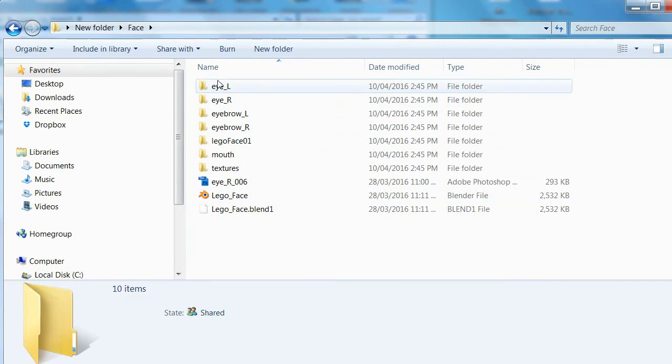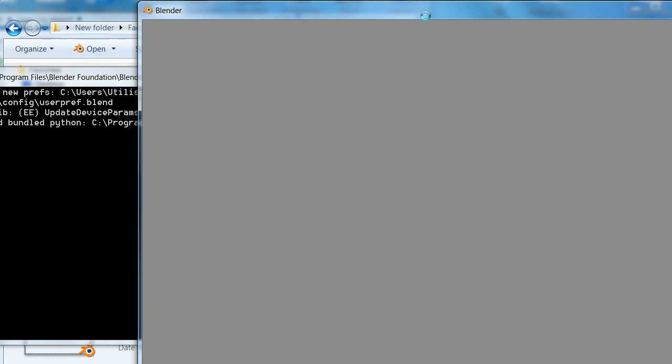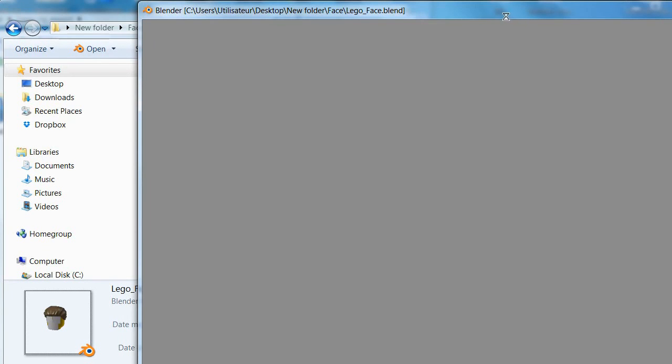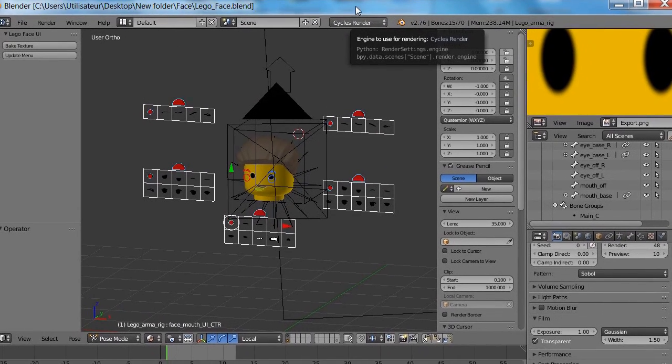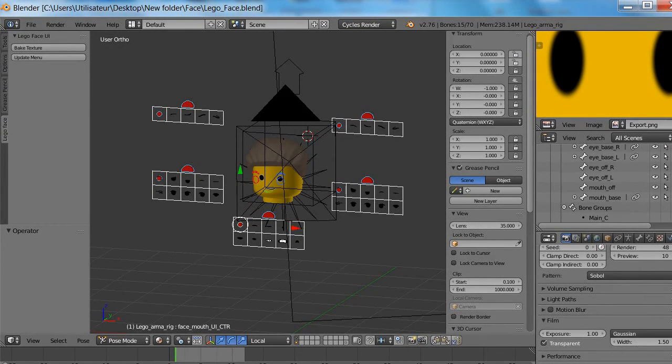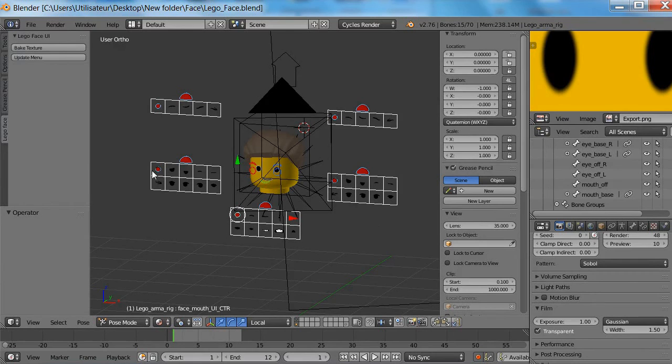In this you have all of these folders plus the Lego face, and it's very important to keep it that way for it to work properly. So when you open it, we have the file with the face and the controls. I tried to have all of that in the rig file, but it was a bit too